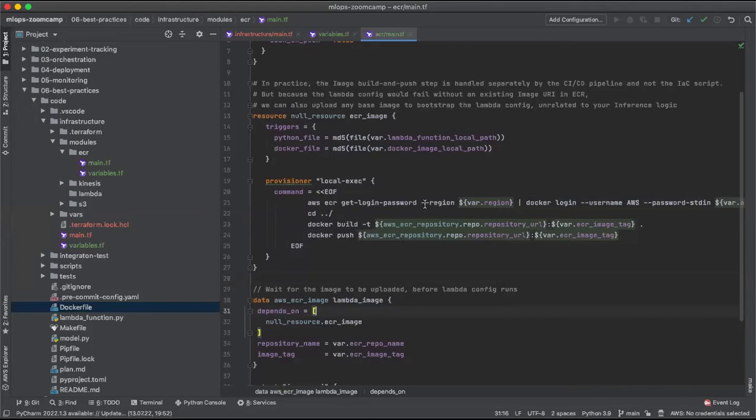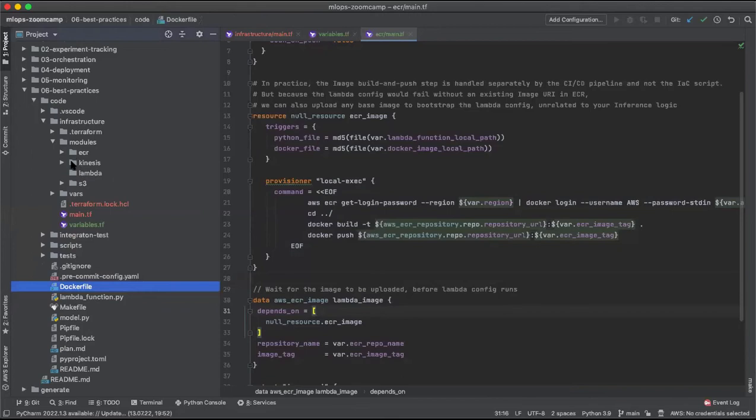Okay, so the next thing we are going to do is the main module, which is Lambda. And for this,